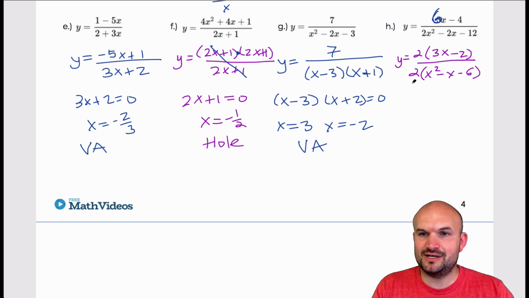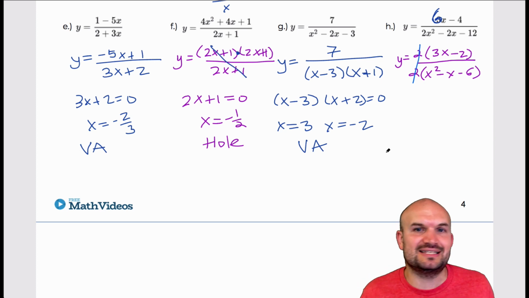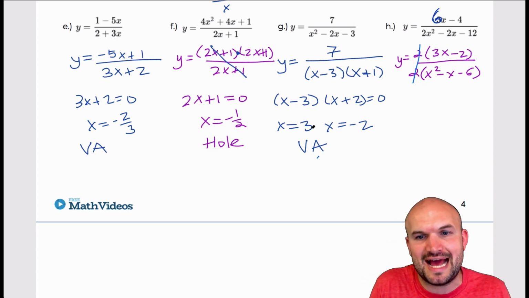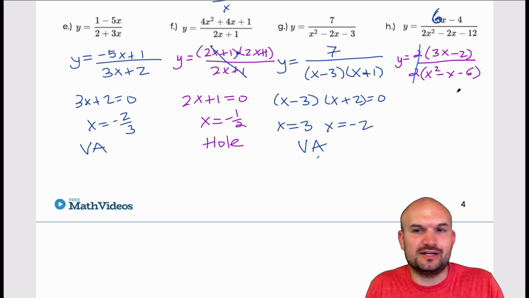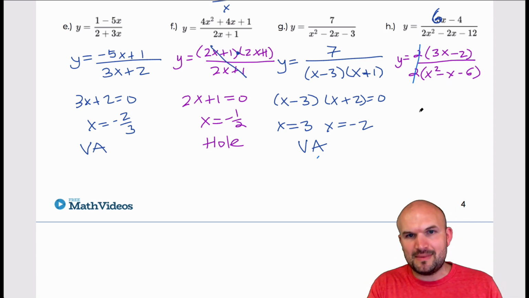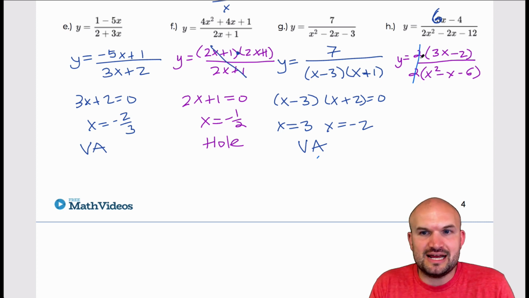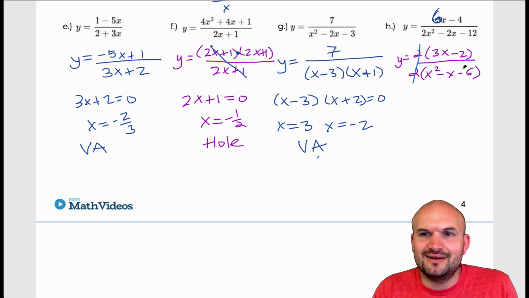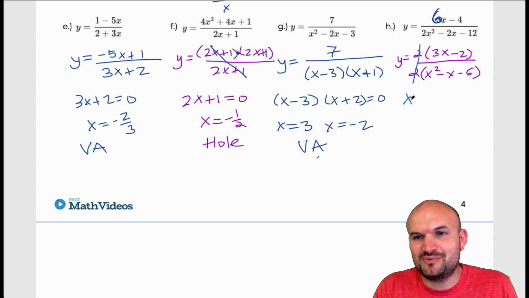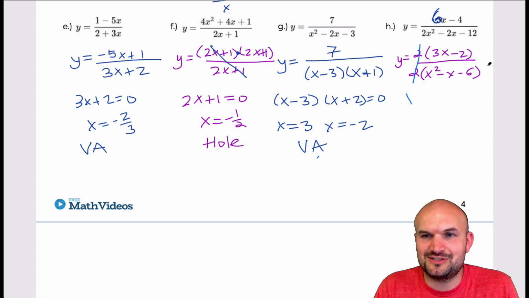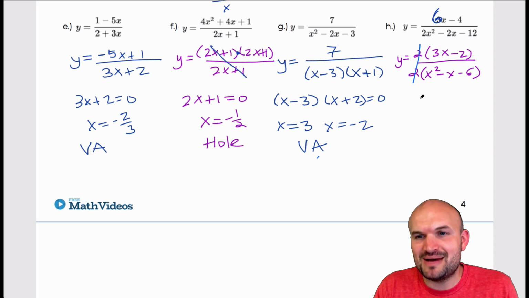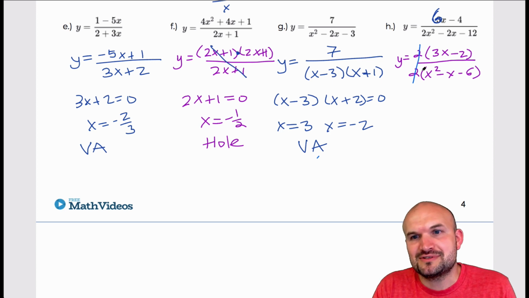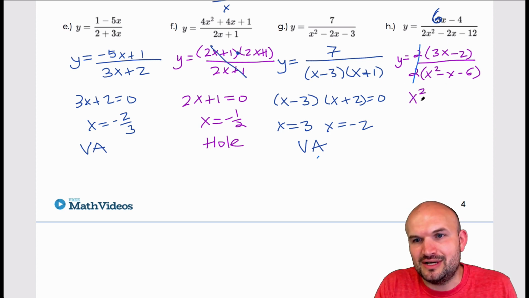Now, I wanted to point out here, the 2's divide out, right? But that doesn't affect the discontinuities. Remember, we're looking for discontinuities. We're looking for x equals, right? So we're setting the denominator equal to 0. The fact that 2 divides out does not make there a hole at 2, because 2 is never a discontinuity. When we go ahead and solve, oh, I probably chose some wrong numbers, and I think 2 actually ends up being a discontinuity, which totally messes up my point of doing that. But whatever, it's not a discontinuity just because it divides out. You have to find the discontinuities by setting the denominator equal to 0, which means that we now have to